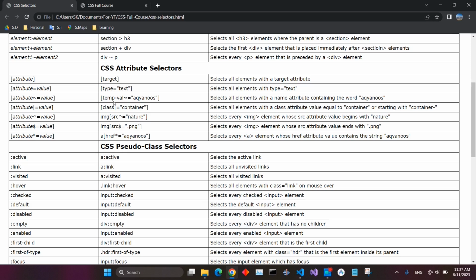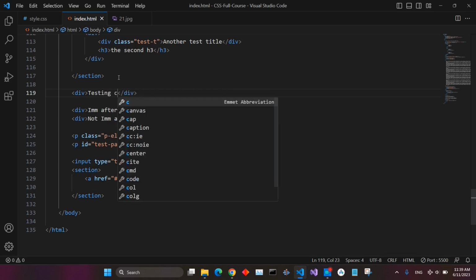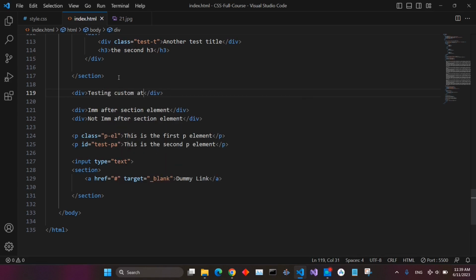Then you can also have, for example, your own custom attribute. Let's say here I say temp value and then Acionus. Select all elements with the temp val attribute containing the word Acionus. Div element, testing custom attribute, and here we say temp val